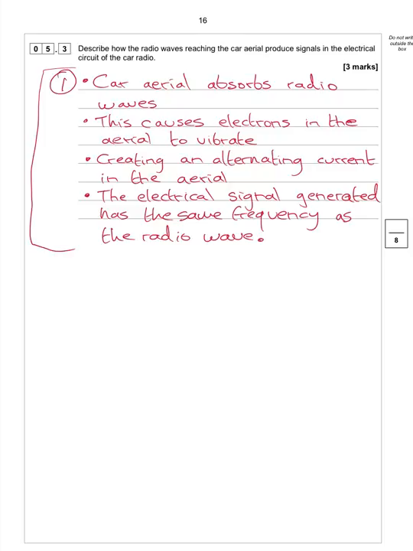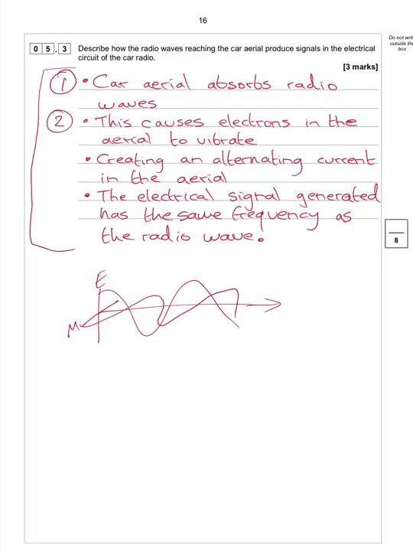Radio waves. This causes the electrons in the aerial to vibrate, okay, because you know that an electromagnetic wave is made up of an electric field and a perpendicular magnetic field, and so when that wave moves, it's not drawn very well, but when that wave moves through a vacuum or through the air, when it comes into contact with your aerial, the oscillating magnetic field causes the electrons in the aerial to